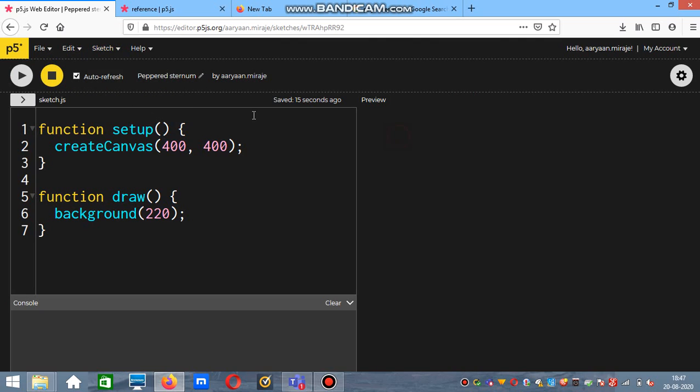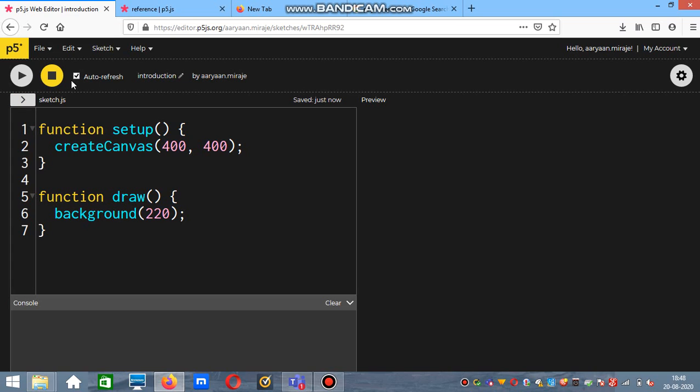So let's get started, first with the name. It's a very good feature that this web editor sets the name of your project automatically. It does not ask you, it sets the name automatically. I will set it to Introduction. Okay, so it's better. And here you can see auto refresh. I will tell you the features of auto refresh too.